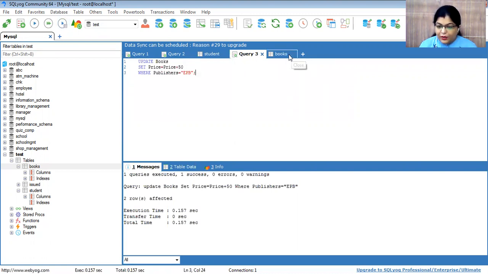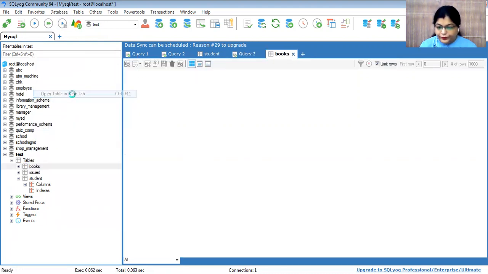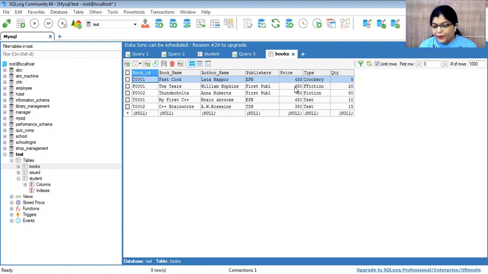I close this. Now I'm again executing the query, and I have checked again. See here, now it is 455. Before that it was 405. Again 50 increases.